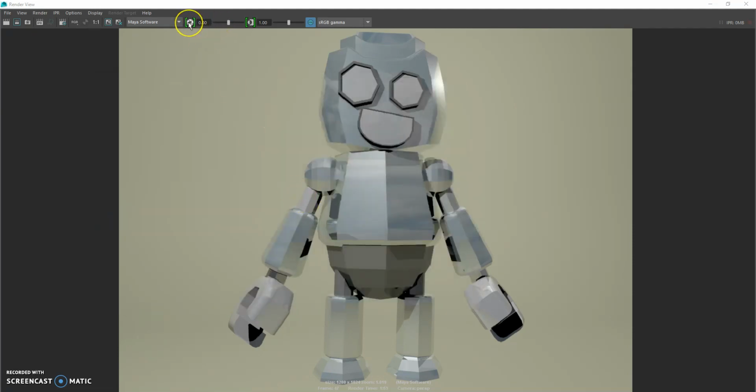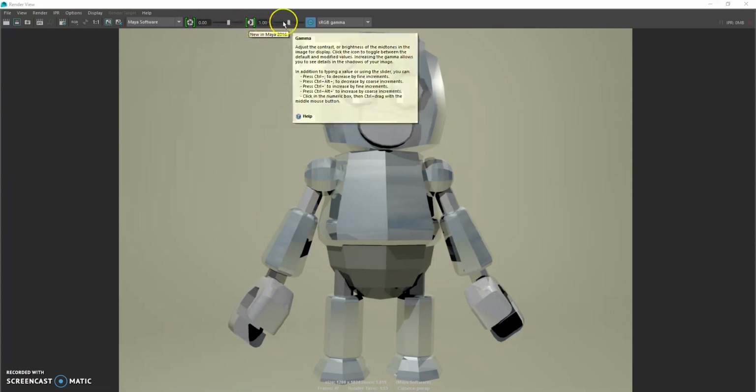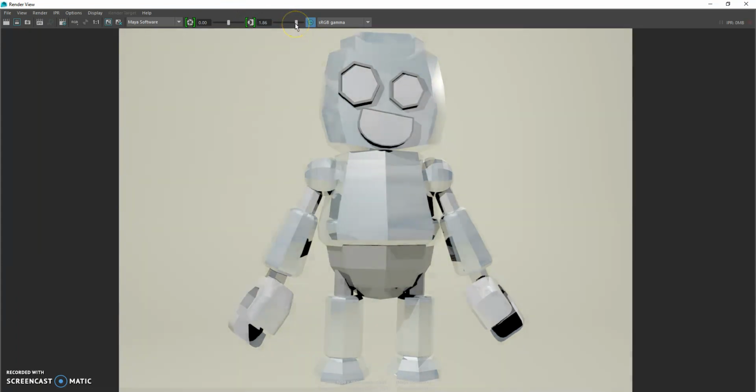There's something you might want to do. This is the gamma correction. So we could, it's going to look too bright here, but when we save it, it should look better. So